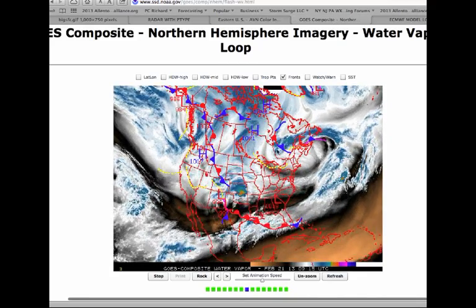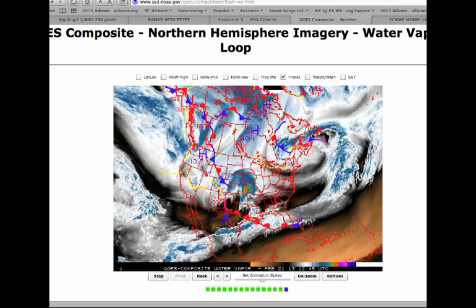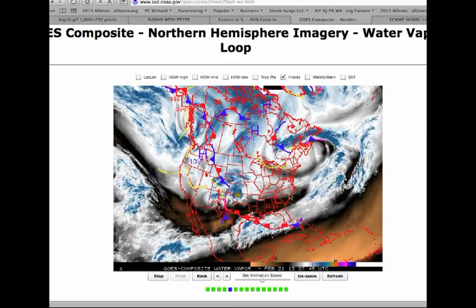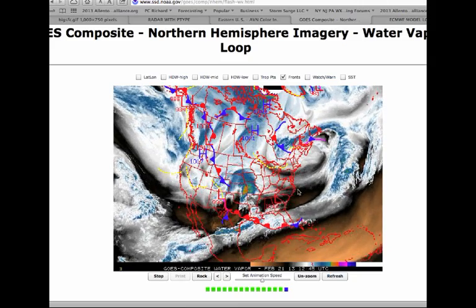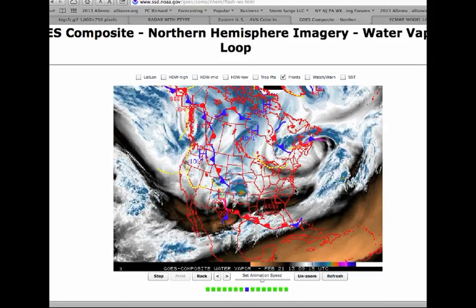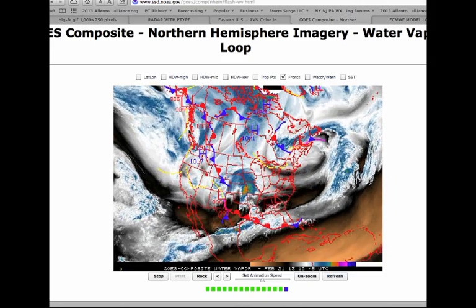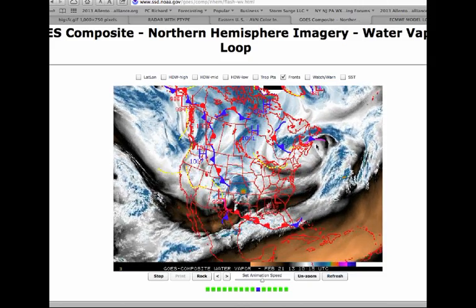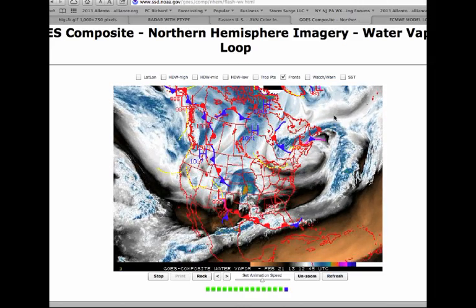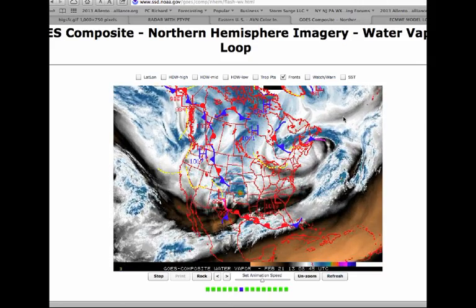Taking a look at the water vapor satellite picture, you can see our upper level low lifting into the Canadian Maritimes. Now, if this was locking in and staying put right here, this storm would then be forced to rapidly redevelop towards the mid-Atlantic coast, and you'd be dealing with a completely different weather pattern than what we're experiencing or expecting for this weekend. Instead, though, because we have all these disturbances moving into the west coast, that forces this to move just far enough east out over here, basically forming what's called almost an east-based negative NAO pattern,